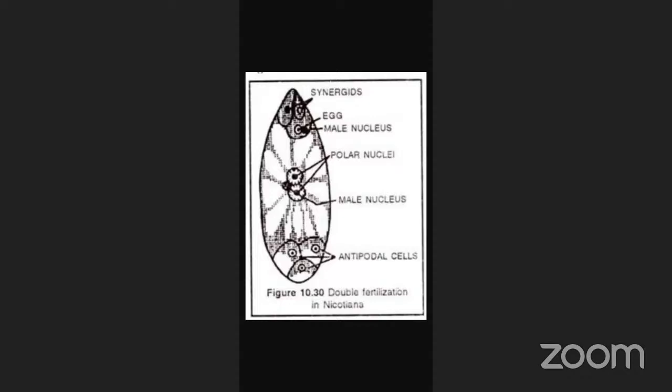Generally, the embryo sac or megagametophyte is a 7-celled and 8-nucleate structure, consisting of the egg apparatus. So here, the embryo sac consists of the